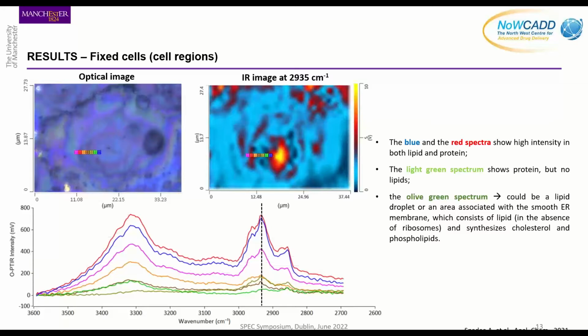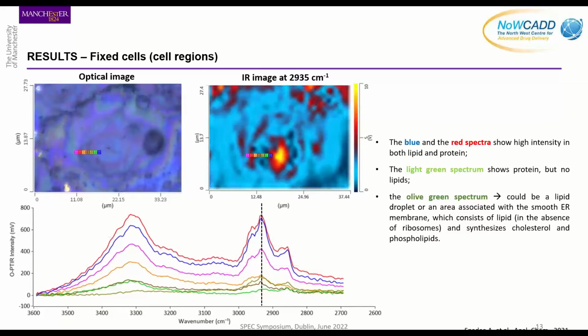Okay, so these are still fixed cells, and it's a different cell image, and this is now a much more detailed scan again across a particular region. And look at the variations across this region. It varies quite significantly, and